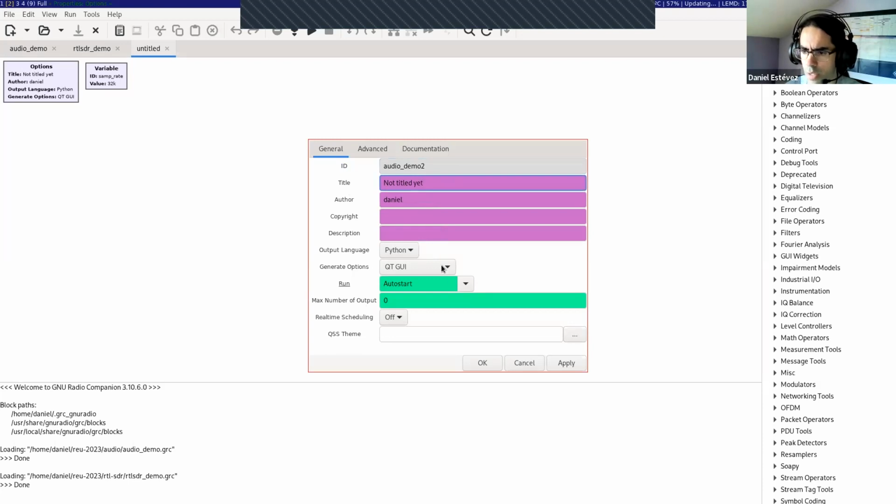Also, something which can be of interest is the generate options. So by default, the flow graphs you generate use a graphical user interface with Qt. Qt is an open source library to do graphical user interfaces. But you might have a flow graph which needs to run on a machine which doesn't have any graphical user interface. Maybe it's a server into which you have SSH access and you don't need to display any plots or anything. So you can change this to no graphical user interface, and then the run options, either prompt for exit